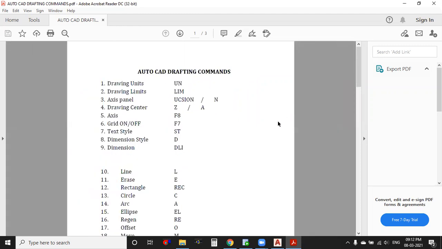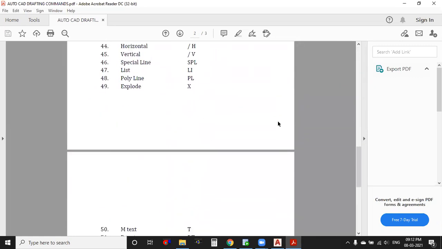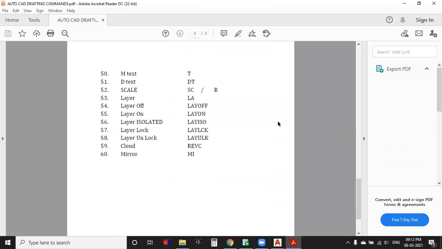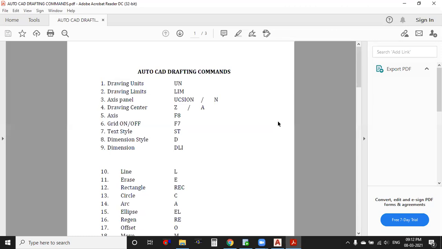So this is drafting commands, from 1 to 60 commands we have here. These 60 commands we are going to learn here. And in the previous session, the Friday session, we have completed 1 to